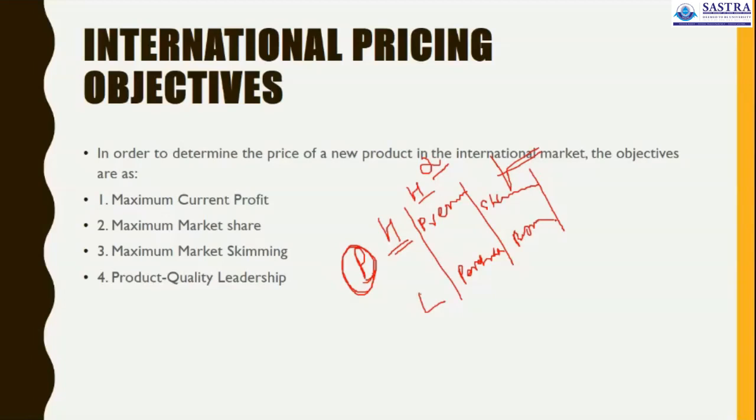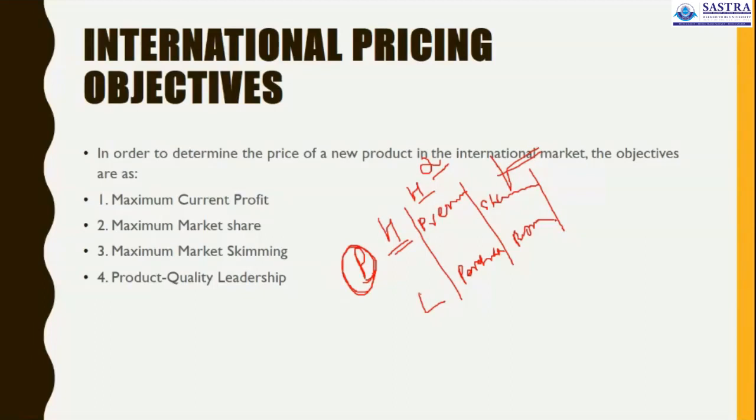So likewise, there are different types of pricing strategy adopted by manufacturers in the market. But you need to understand how these are applicable in the international scenario. One more pricing strategy is cost-based pricing. It means the manufacturing cost of the particular product plus the desirable profit margin, and they bring that product into the market. We call it the cost-based pricing strategy. These pricing strategies are usually adopted in the local market.